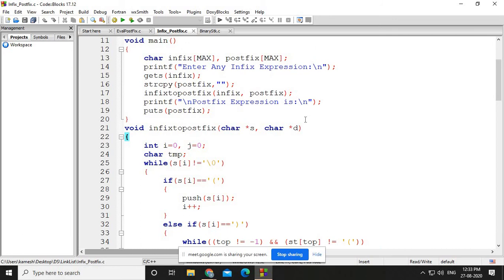So the program is quite simple, and I think in the last video, if you have observed, in the description I have placed a link. If you visit that link, you will get the program of implementation of stack by using a linked list, how to reverse a string using a stack, and this program, that is infix to postfix.